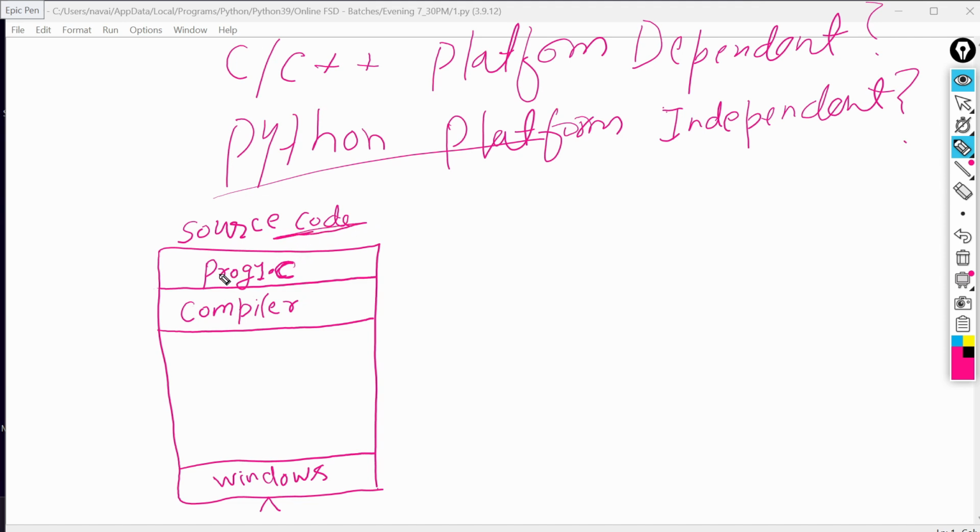Source code written in C language. This C language code, a Windows machine cannot directly understand. So we need to translate this source code into respective machine code using a translator. Which translator are we using? Compiler. So the compiler will take this C language code and convert it into binary code, because the computer understands which language? Binary language, or we can say low level language. So it will convert our C language code into binary code.